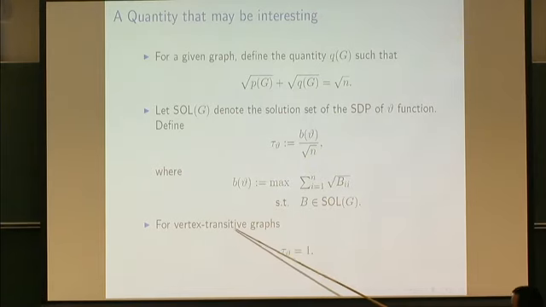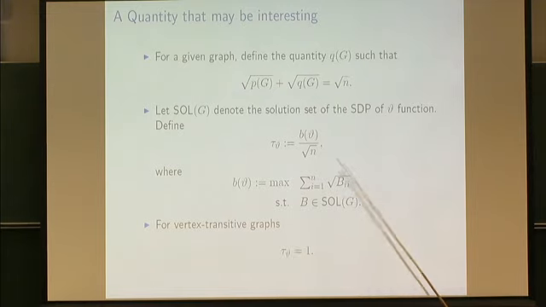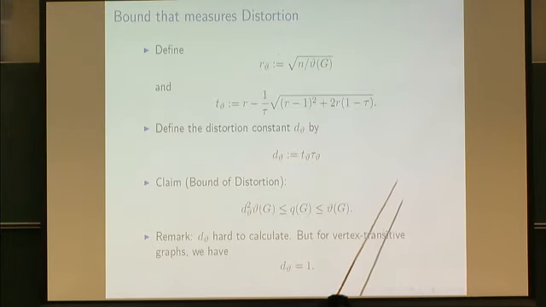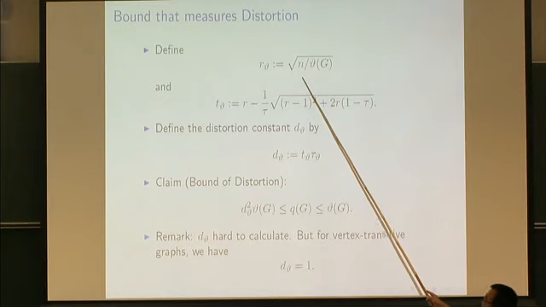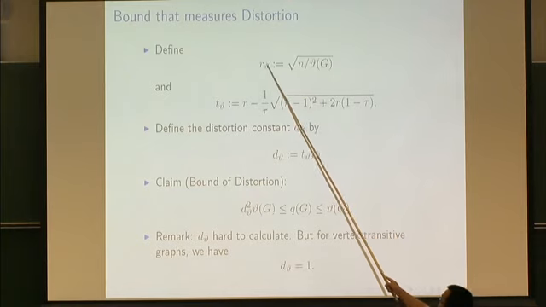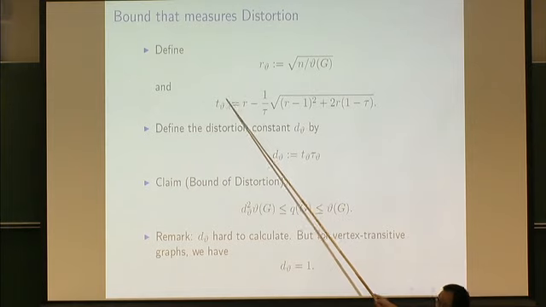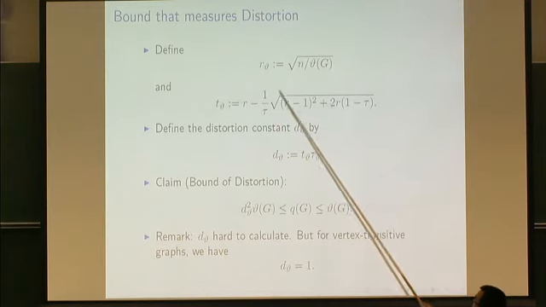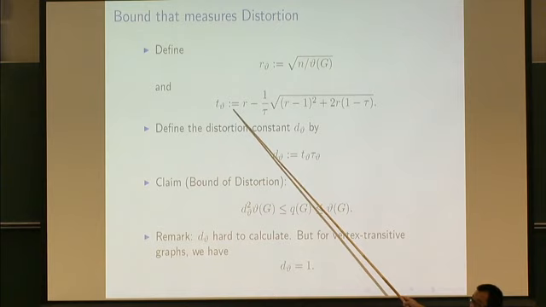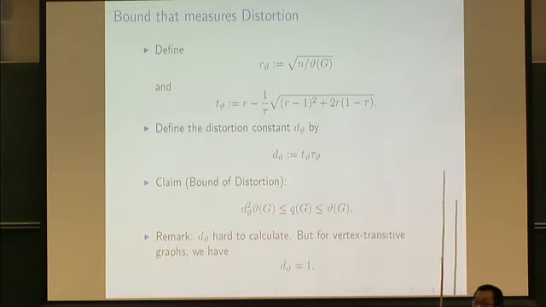Interestingly, for vertex transitive graphs, this quantity is 1. Okay? For such graphs, it is 1. And of course, the theta function value can be calculated by semi-definite programming, you get this number and you define this quantity. It can all be calculated. I omitted the theta here, so this is just a quantity. You can calculate that, and that is what I call the distortion,